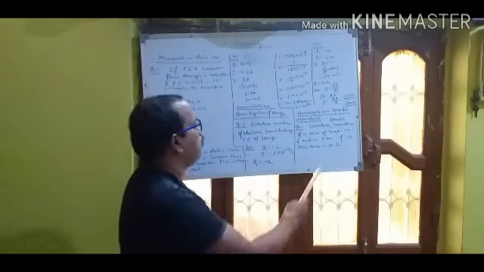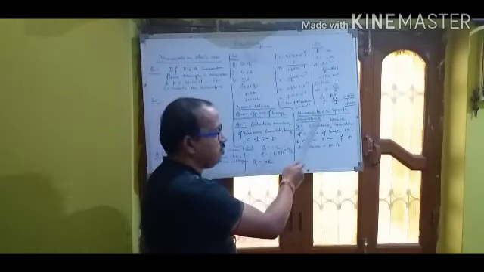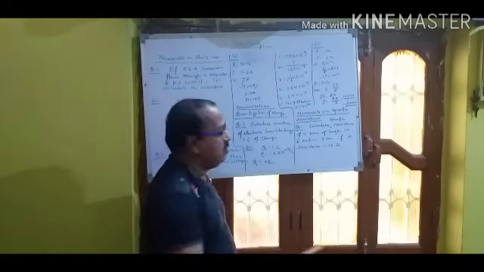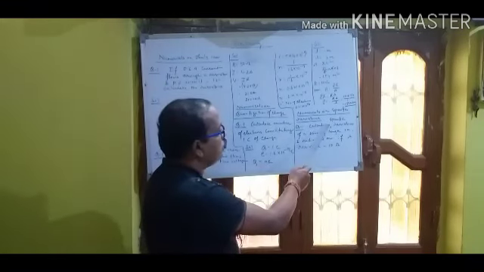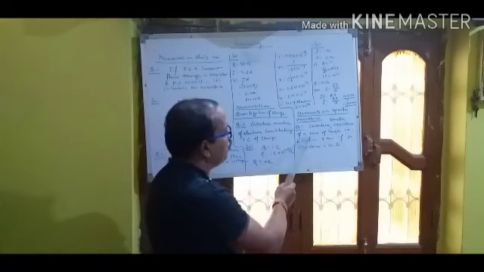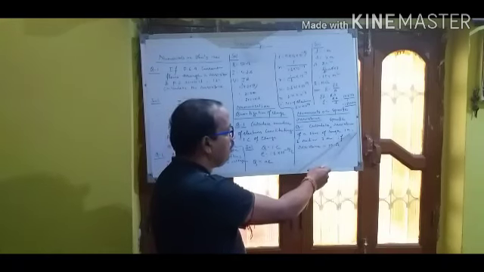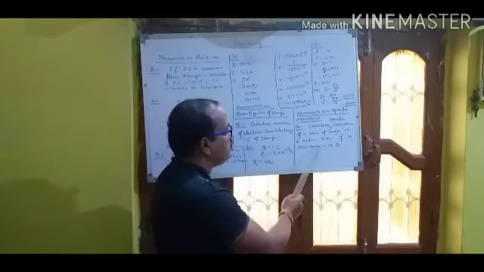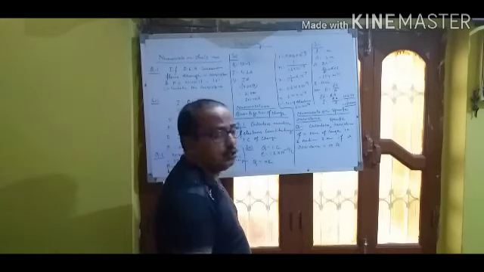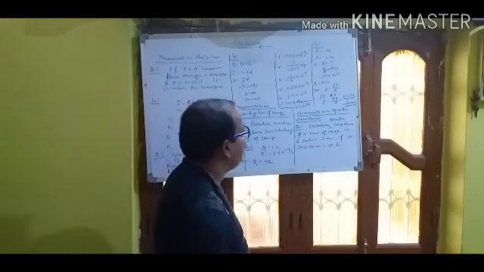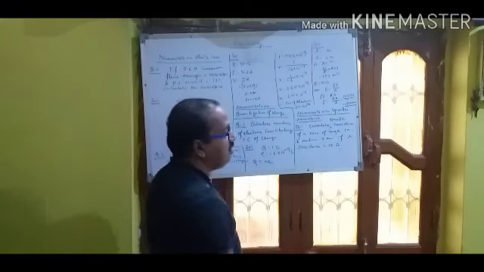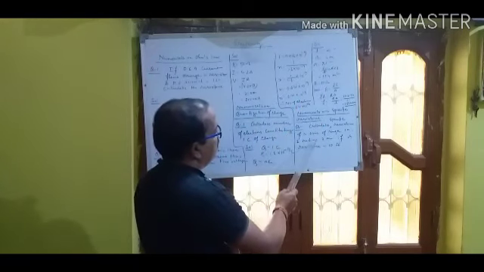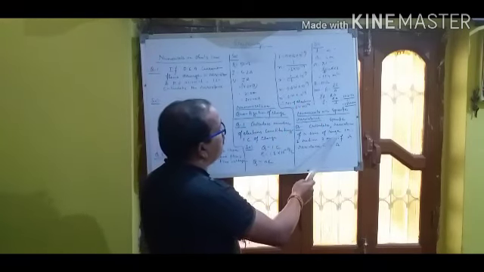Now, third topic is specific resistance. The question is based on the specific resistance. Here is your question. Calculate specific resistance of a wire of length 1 meter and radius 7 meter if its resistance is 10 ohm. So what information is given? Length of the wire, that is L, is 1 meter. Radius of the wire is 7 meter.